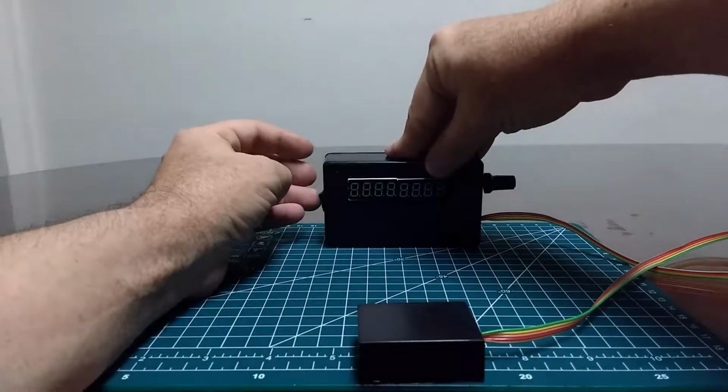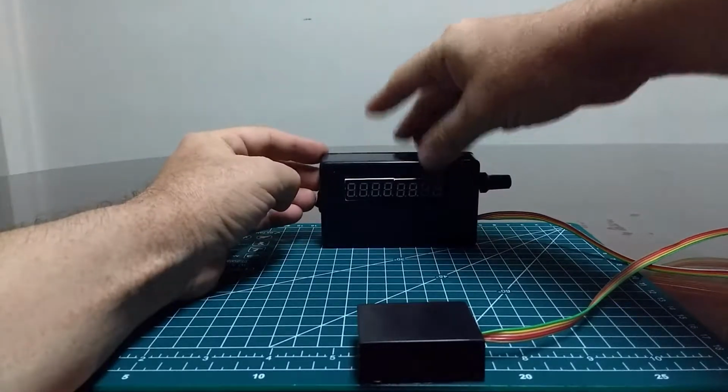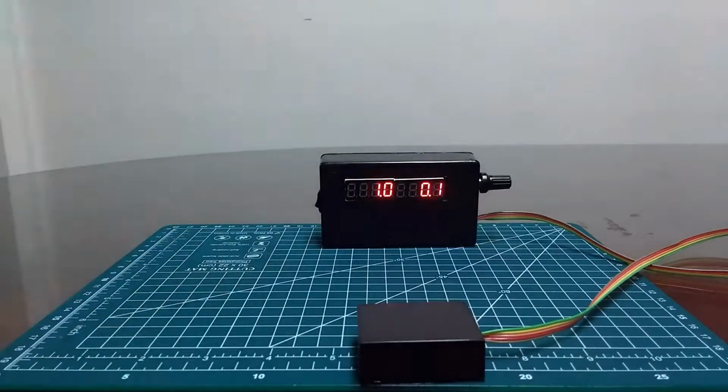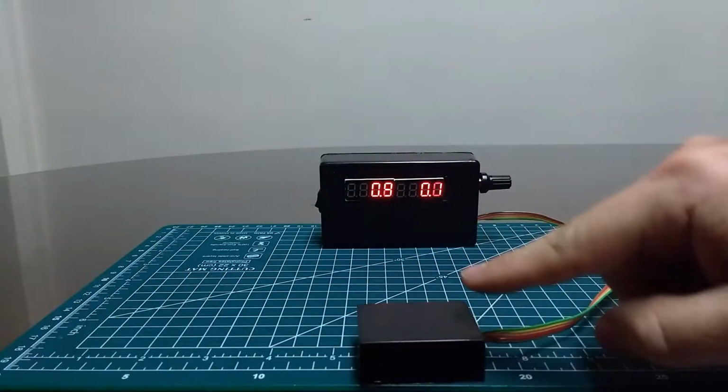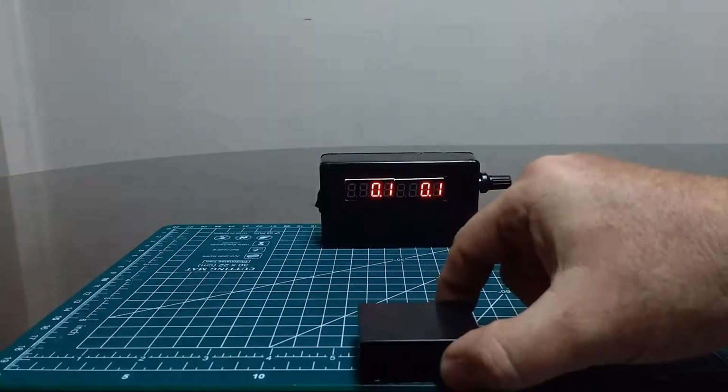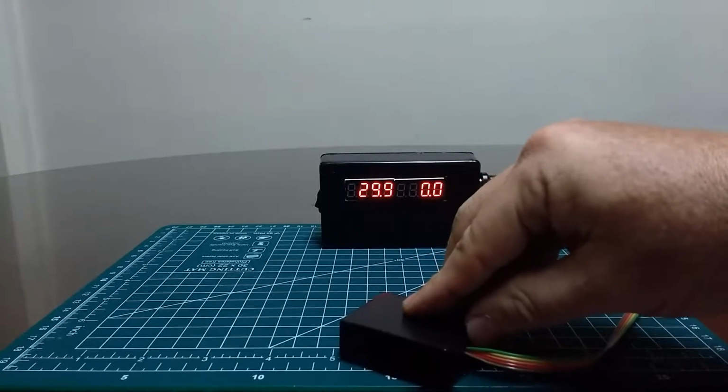So it works like this. When I turn it on, it gets the Arduino inside going. It loads some data from the EEPROM memory that has been stored from previous use. And then it shows me two readings. The left reading is a compass reading, meaning this compass, when headed north, it will show me a 0 or 360, and as I rotate the compass, it will show me a reading